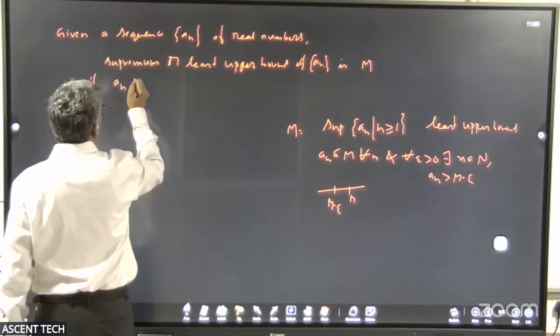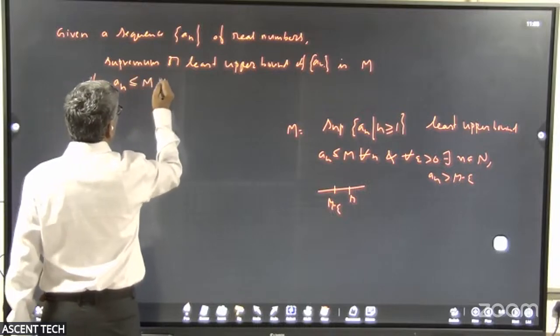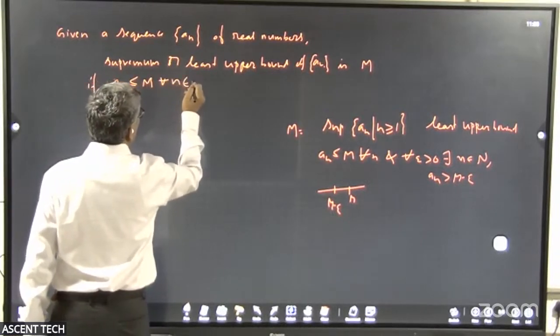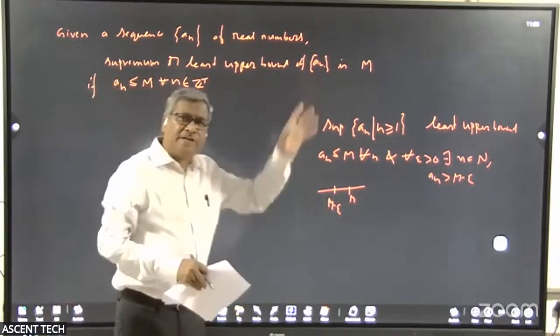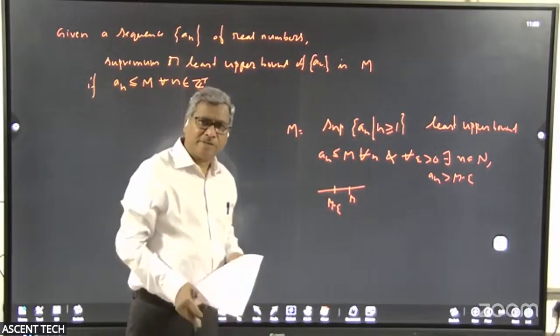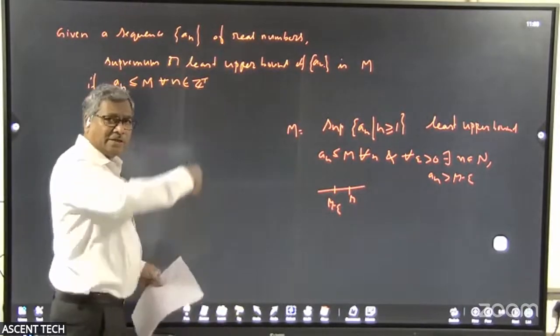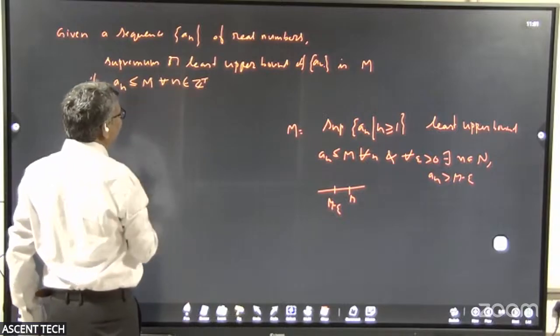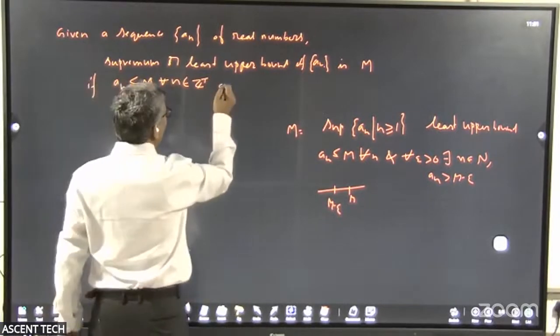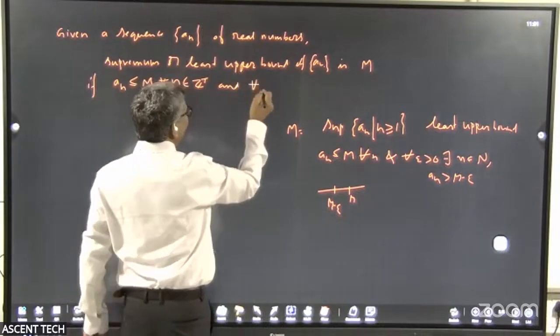A_n is less than or equal to M for all n in Z plus. I'm going to allow M to be infinity also in my next definition. Okay, supremum can be infinity. A_n is less than or equal to M for all n in Z plus, and for every